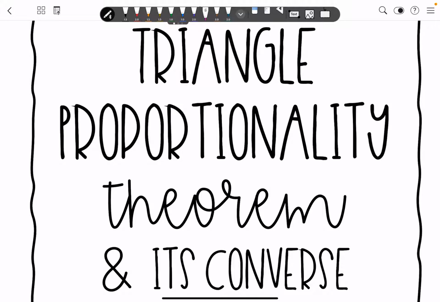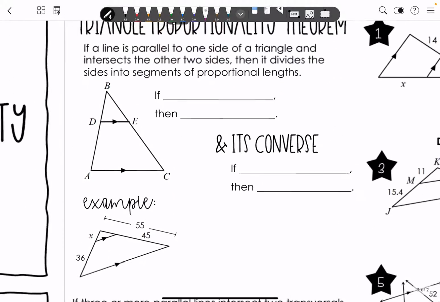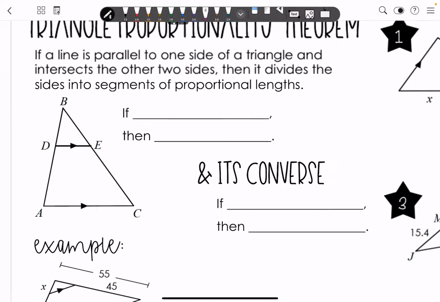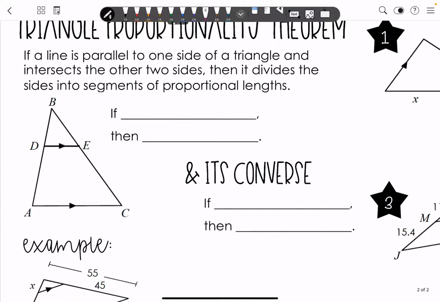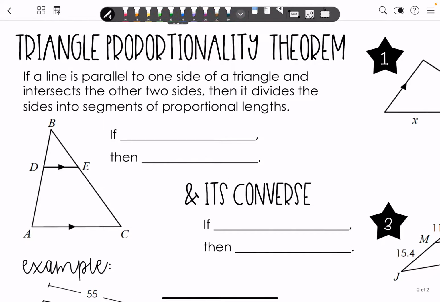Hey everybody, so we are now going to be talking about the triangle proportionality theorem. This theorem is very similar to what we talked about with the parallel lines and triangles. And that's actually kind of where that theorem comes from, is this one. And you'll see what I'm talking about once you see the picture. All right? Okay, so if you've got the triangle proportionality theorem,